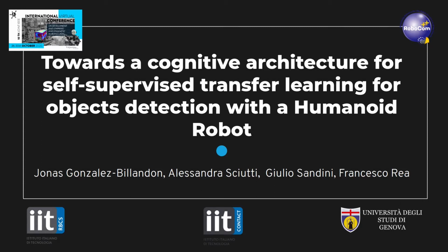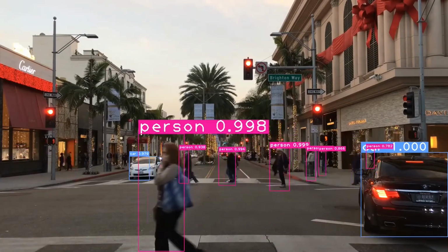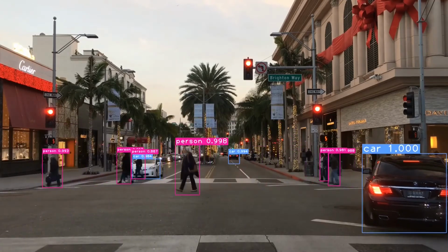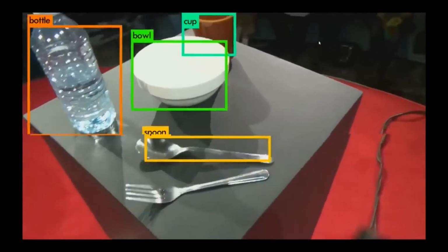Today, I will present you our work on a bio-inspired architecture for autonomous transfer learning for object detection. Deep learning has revolutionized object detection, reaching state-of-the-art performances and continues to improve year after year. New architectures with increased accuracy and faster inference times allow to exploit these deep networks in real time in robotics